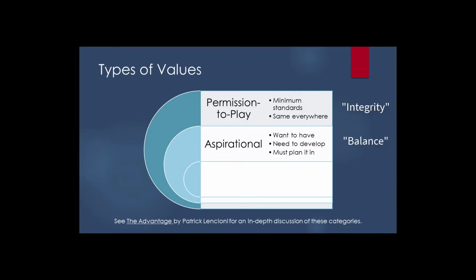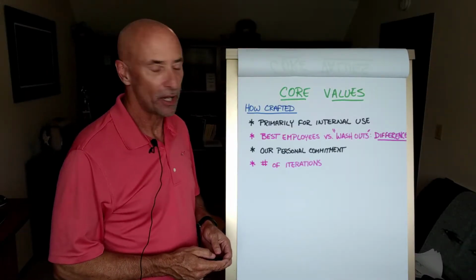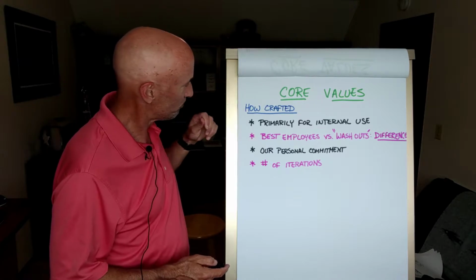You think it's important for your future, but you're going to have to manage it actively. It's certainly not core to how your business has succeeded to this point. Core values define superior performance now. They're what distinguishes your very best employees from all others and are what make your company distinctive both internally and externally. So now that we know what we're looking for, how do we go about crafting them?